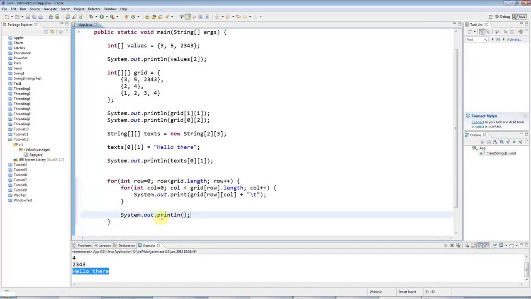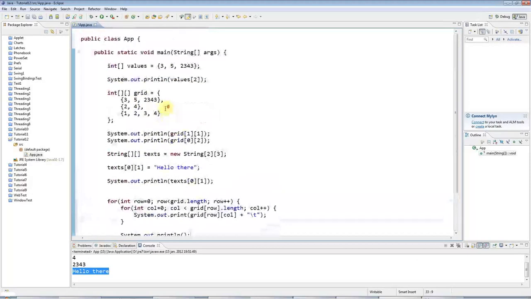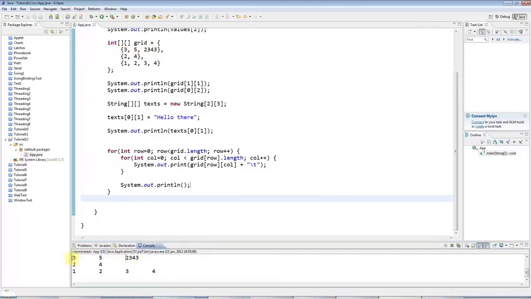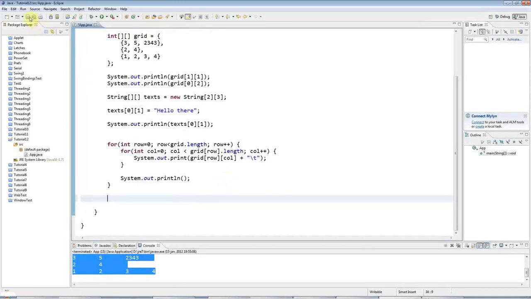This is quite complex, but just play around with it, look at the code, try and change it, and you'll soon get the hang. So if I output that, it's outputting my grid of numbers here, nicely formatted as here. Okay, that's about it for multi-dimensional arrays. I probably should mention the case where, for example, you could do something like a String 2D array,